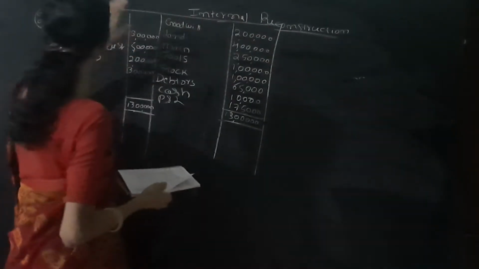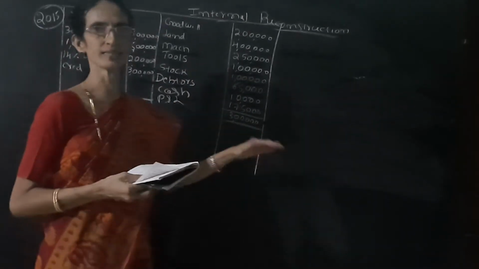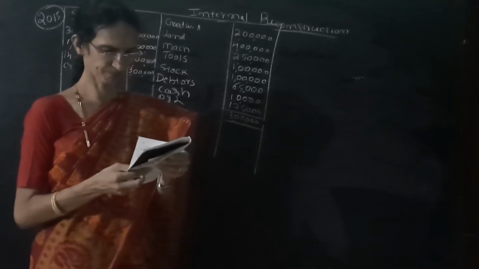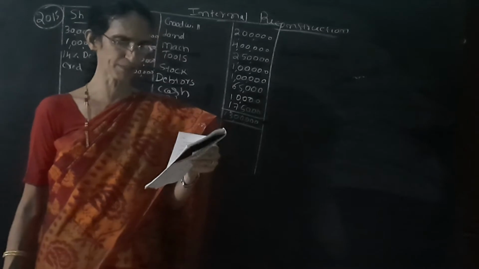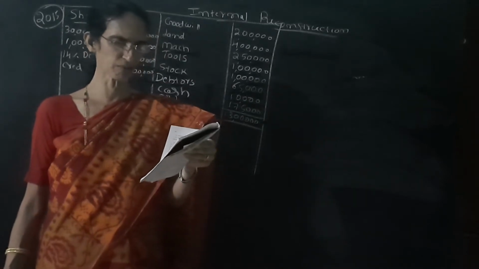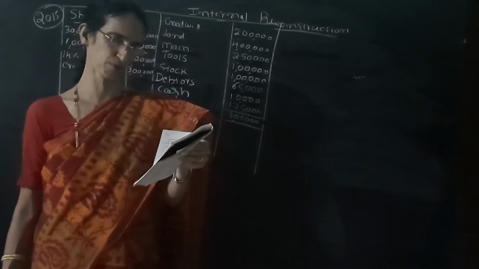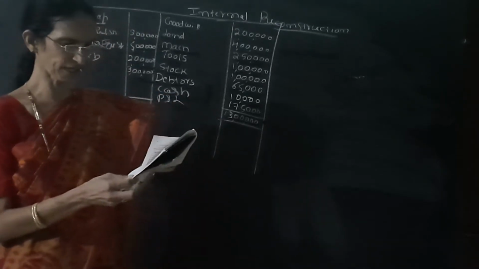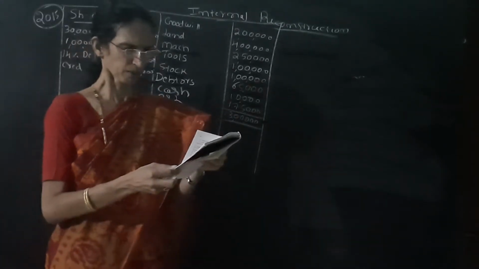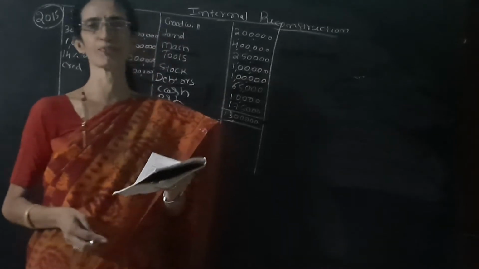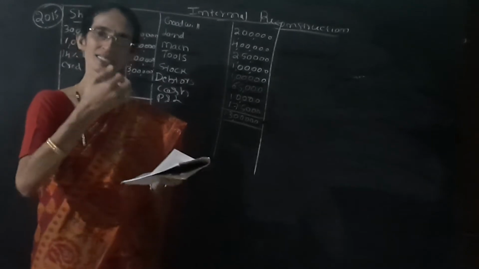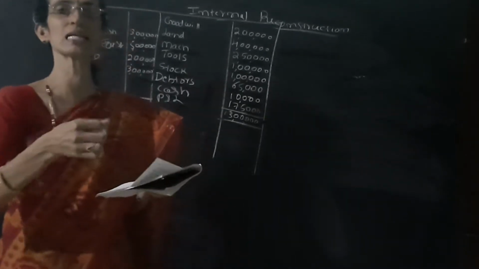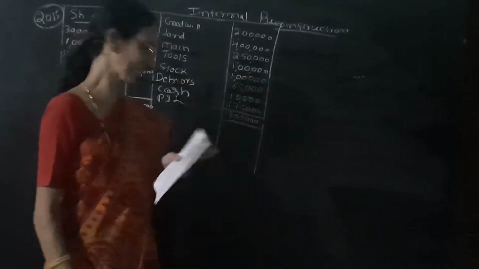So this is the problem that appeared in the year 2015. The balance sheet is given like this. Then the adjustment is like this. On the date, it was decided to reconstruct the company and the following scheme of reconstruction was agreed upon. Here we have to pass the journal entries and prepare the balance sheet. By reading each transaction, each adjustment, we can easily pass the journal entries.